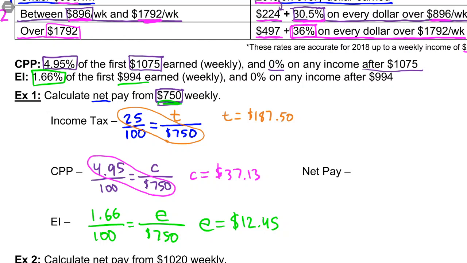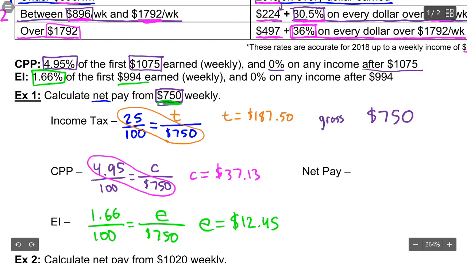So now our net pay. Our net pay is your gross pay. Gross pay is the total that you get. So let's label this, let's call this gross, minus tax. So our tax in this case, we're going to subtract